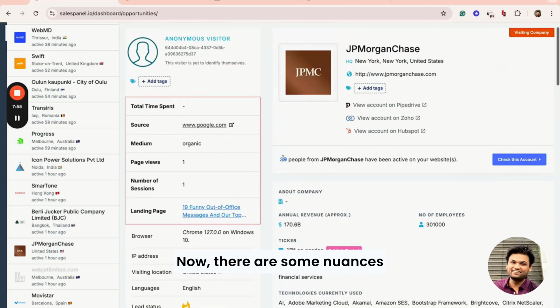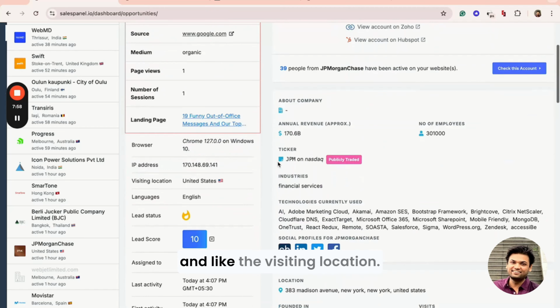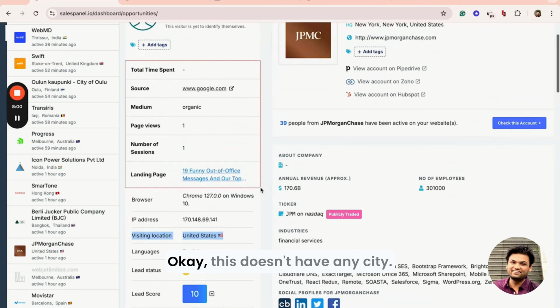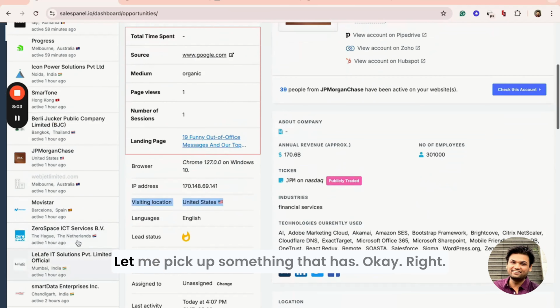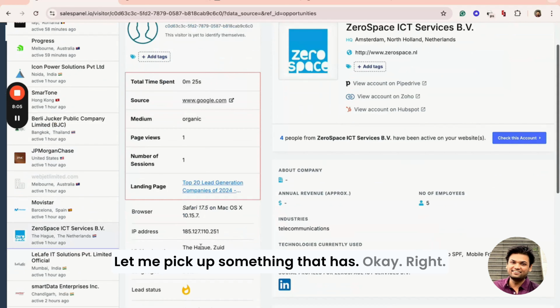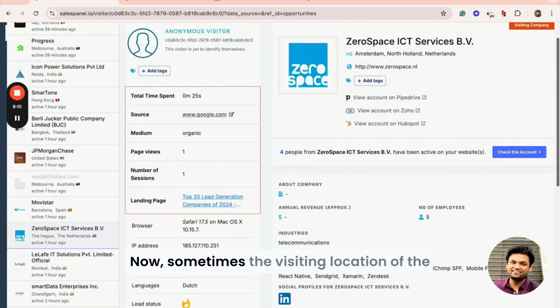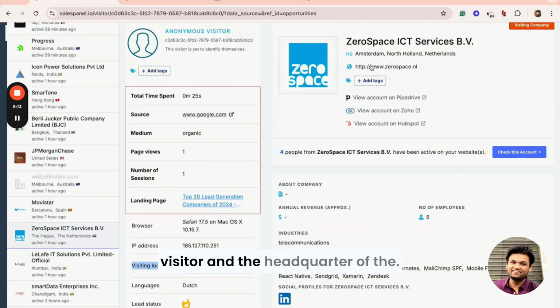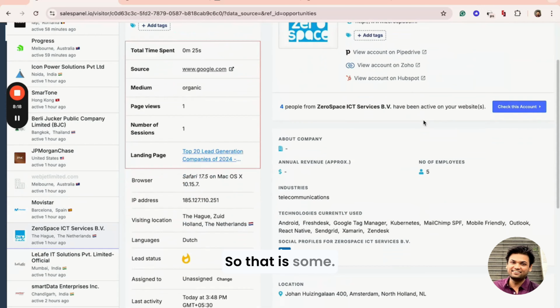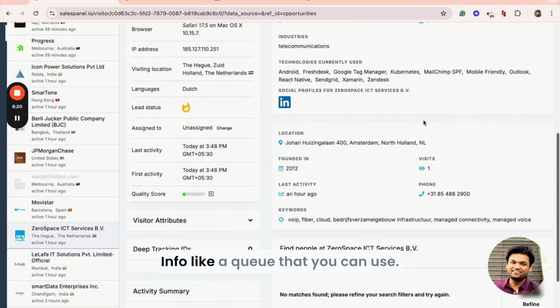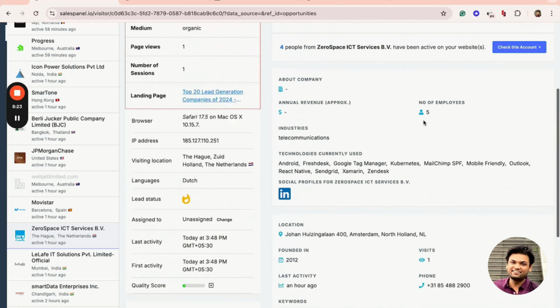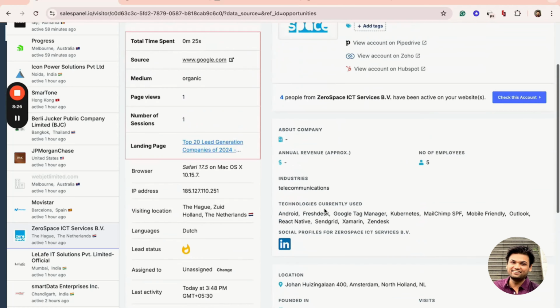Now there are some nuances. The visiting location, okay, this doesn't have any city. Let me pick up something that has. Okay, all right. So we have city, region, and the country. Now, sometimes the visiting location of the visitor and the headquarter of the organization can be different. So that is a cue that you can use to root out people when you're trying to identify,